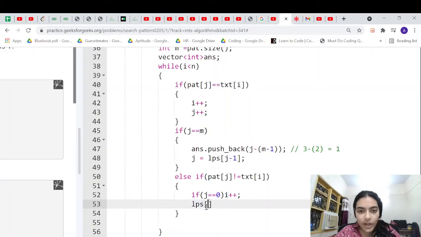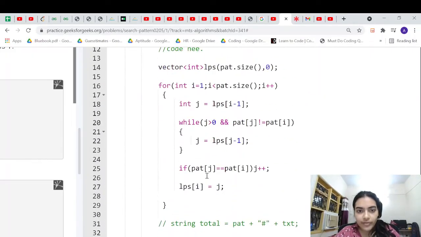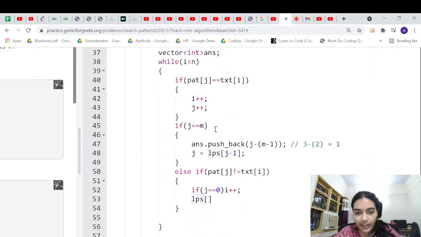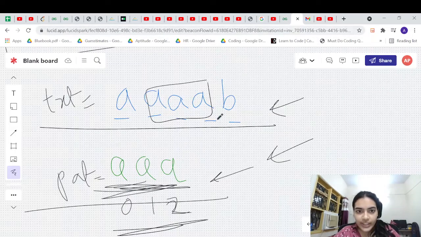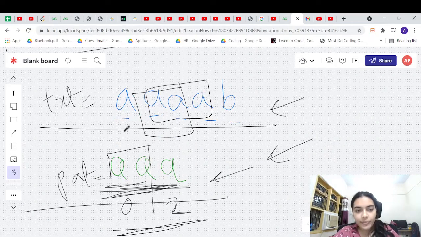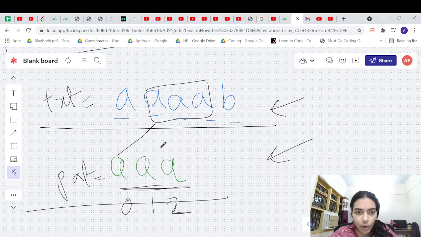Otherwise you have a scope, because in this case you have already built the LPS array. So for example, when this AA was here, with AA, in this case you don't have to compare these two blocks again. You can just compare this character with this character.